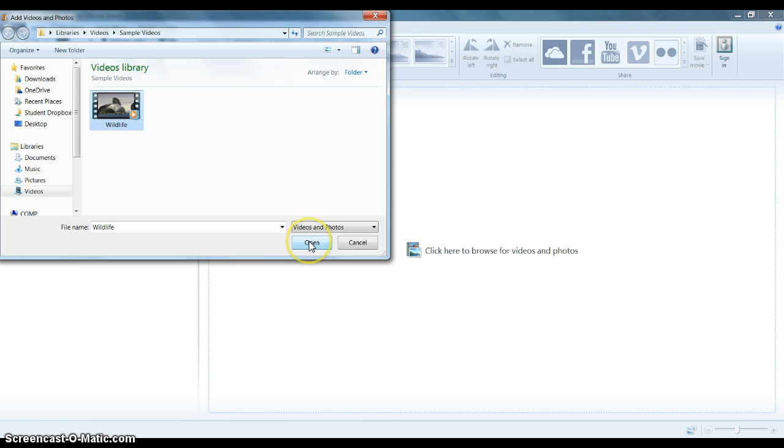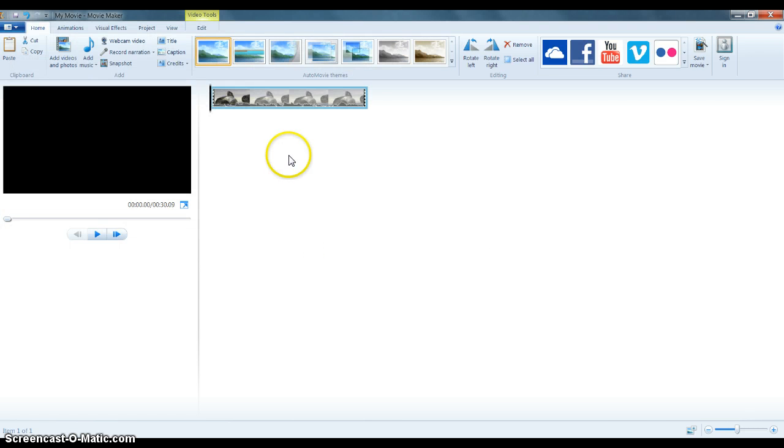First, I'm going to find a video clip. This is just a sample one that comes on everyone's desktop of some wildlife. And as you can see, as soon as I did that, I have a little timeline of my clip. You can see how it's elongated, and you can even see this funny little, almost looks like a mountainscape at the bottom. That shows me the peaks and falls of the audio. If you go to the bottom right hand corner of your screen, zoom in, it can really expand the video format so you can see exactly